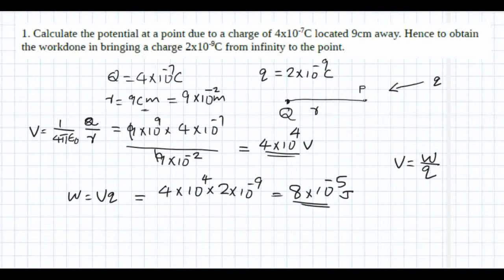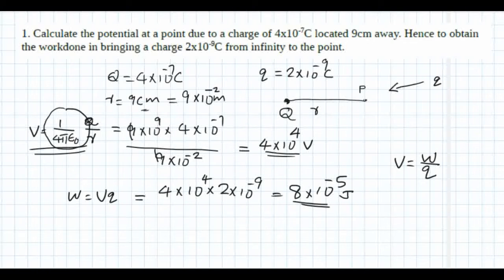So this is the work done to bring the charge. So I repeat, there is a charge Q in a medium, say air or vacuum, and due to this charge there is a field around it, or there is a potential at a distance 9 centimeter, and that potential is 1 by 4 pi epsilon 0 into Q by R. This definition we know already, and the value of 1 by 4 pi epsilon 0 we have already calculated, and the value is 9 into 10 raised to 9, and that into charge Q is 4 into 10 raised to minus 7, because it is a charge in this air or vacuum, and we are going to find the potential due to this charge at a distance R. Therefore the charge should be 4 into 10 raised to minus 7, distance is 9 centimeter or 9 into 10 raised to minus 2 meter, and the potential is this one.